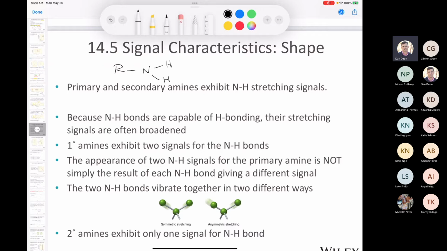If I have a nitrogen bound to two hydrogens, I call this a primary amine. And if I have an R group bound to a nitrogen with one hydrogen and another R group, so two R groups, I call that a secondary amine. And you can see that in the primary amine, we have two nitrogen-hydrogen bonds. And in the secondary amine, we have one nitrogen-hydrogen bond. And so since both of these have hydrogen bonds, they are both capable of having broad absorbances. But what do we know about